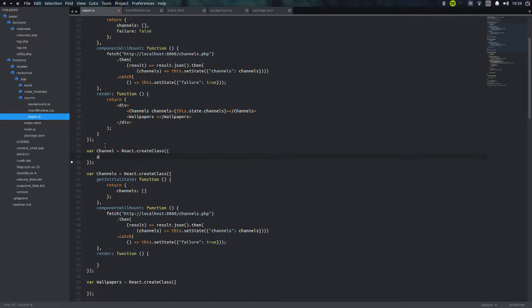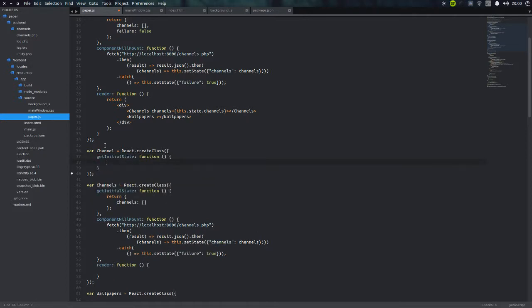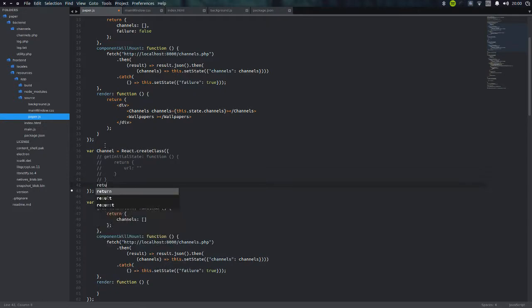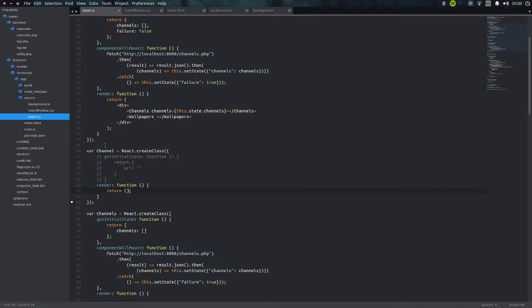Wow, my typing skills. State function URL, I think. It's empty. Never mind. The state is URL is given as a prop, so render is a function which returns